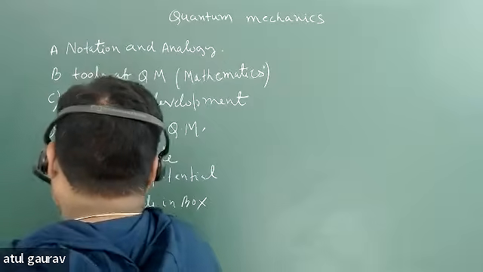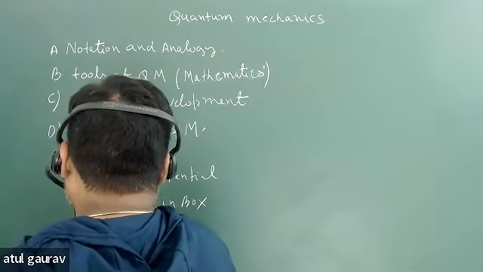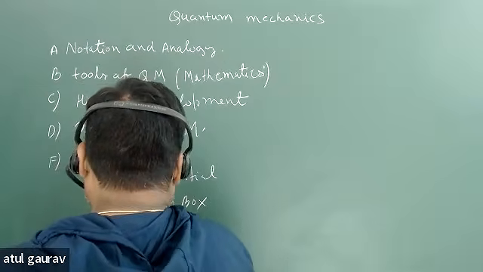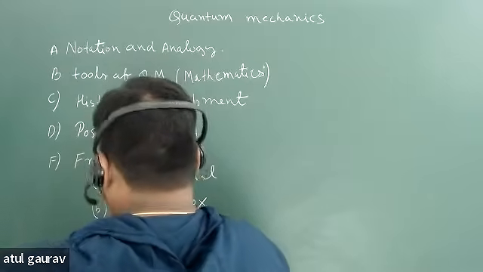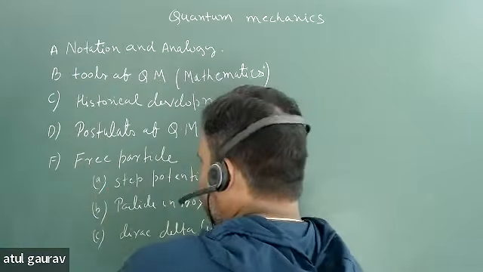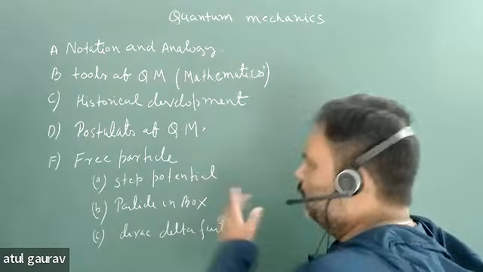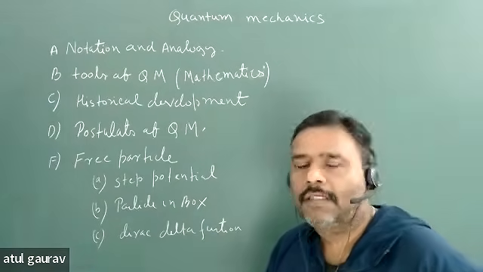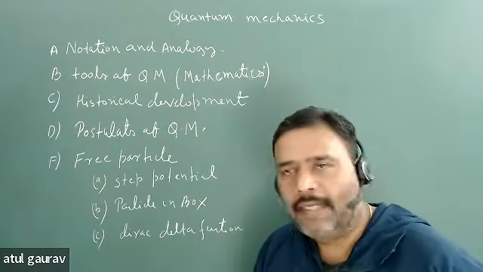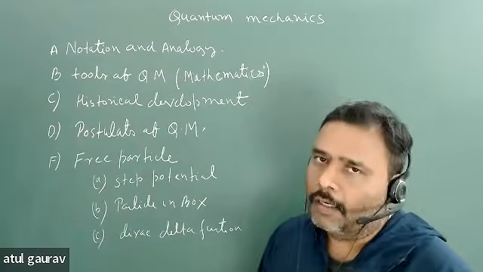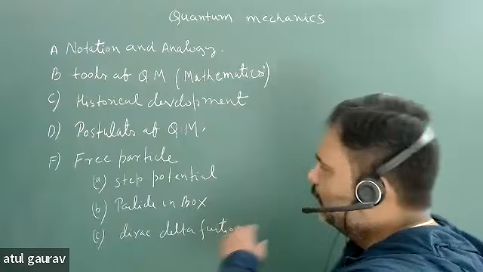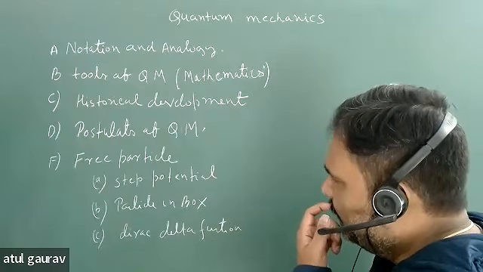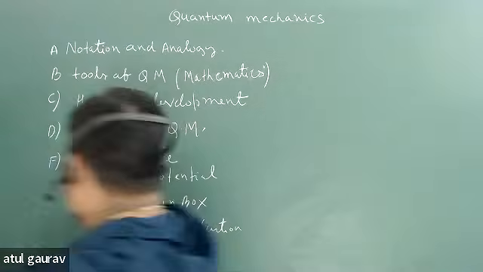Then we have to go for the Dirac delta function. So these are mainly three parts. When you go for the particle in a box, you have the infinite box, the finite box, the symmetric box, the semi-infinite box; a lot of different types of box we will discuss in the particle in a box. And after that we will go for